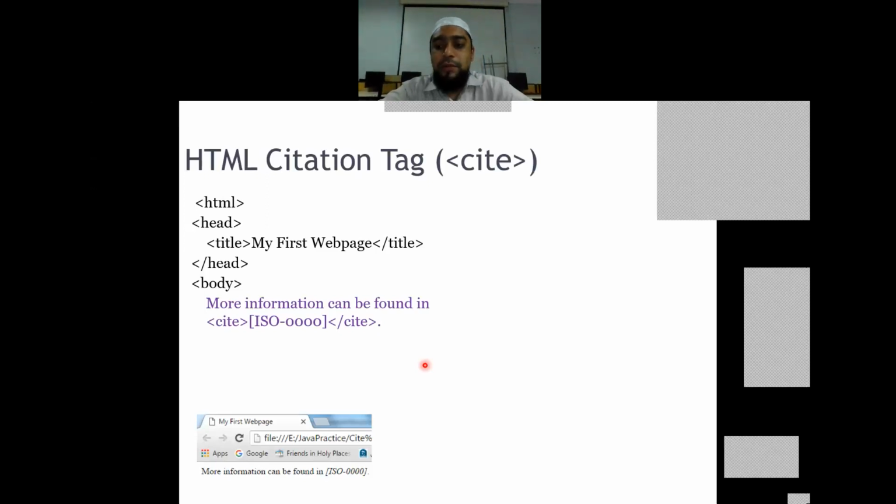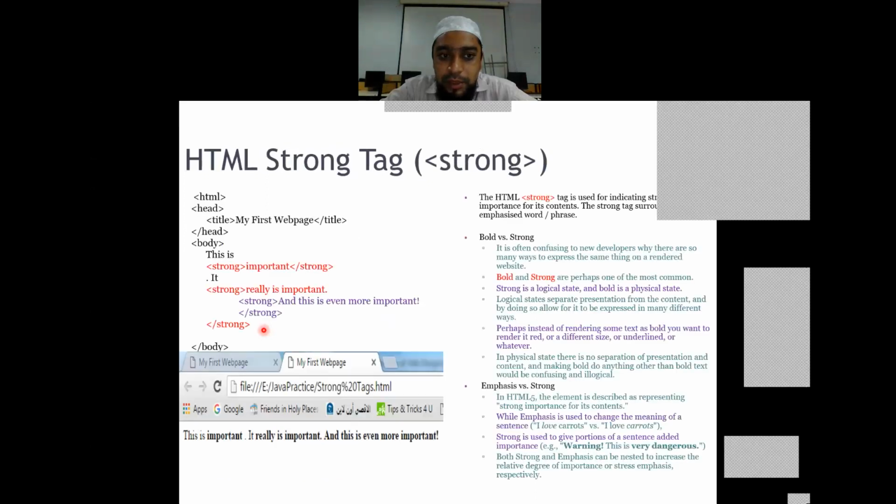That reference acts like an authentication for what I am depicting in my web page. For example, I have kept some message here in the purple line, and if I want to put its reference, I will use a citation tag. And this citation tag is much similar to the previous one.